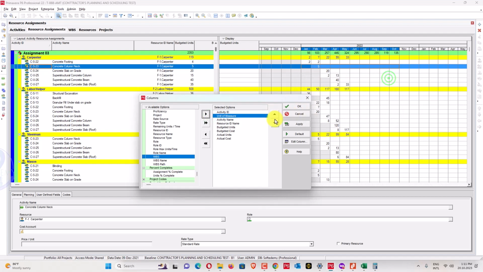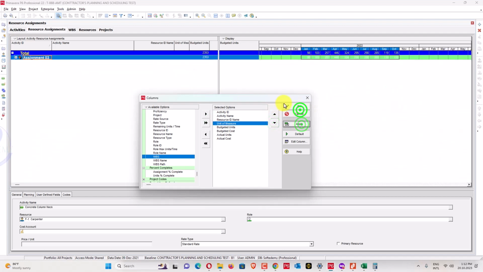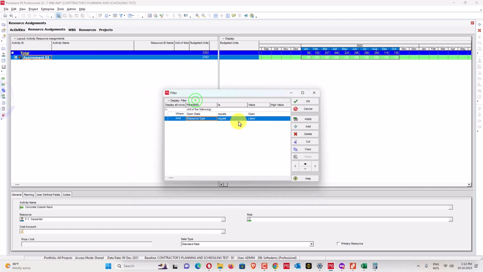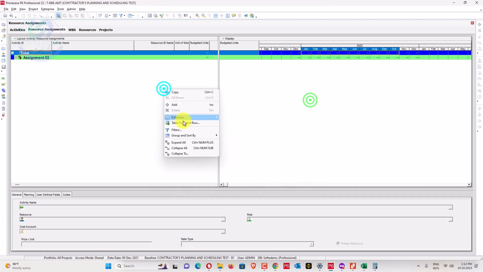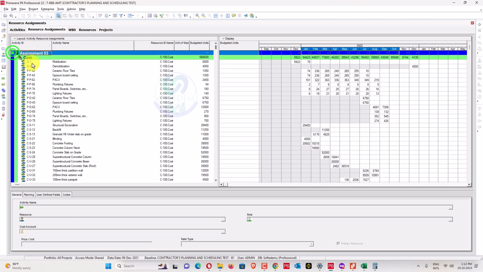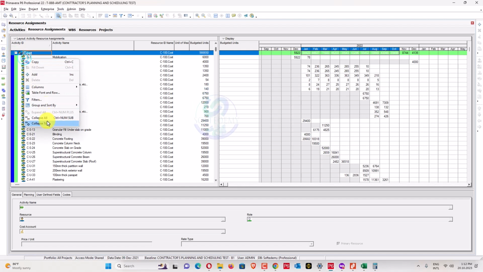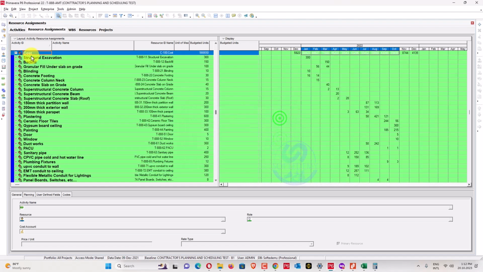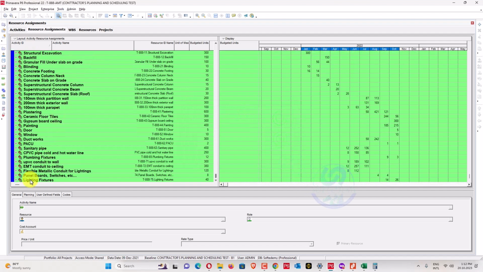Okay, now apply OK and right click here, filter for material, add here, do not add here cost, right click here and resources. These are the resources, level 2, we need level 2. This is the cost, remove that cost later, no issue.